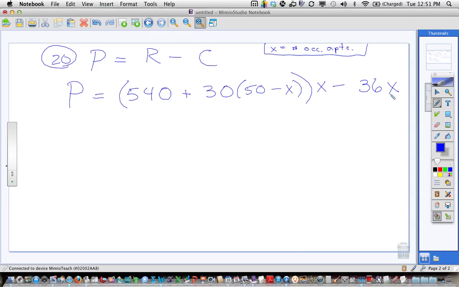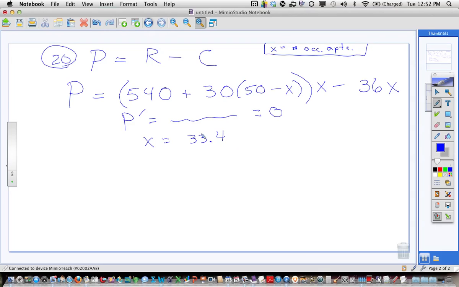Now, the good part of letting x be the occupied apartments is this was easy. The number of apartments was just x, and the 36x, that was easy to write. This part was harder to write. So it's just kind of a trade-off. I'm not sure how much easier one is over the other, but it's kind of personal preference. So there you go. You would get this. Okay, so then you do p prime, whatever that is, and you set that equal to 0. That's got to be on your paper, though, right? Not like that. You've got to write out the function. Set equals 0, and it came out to be